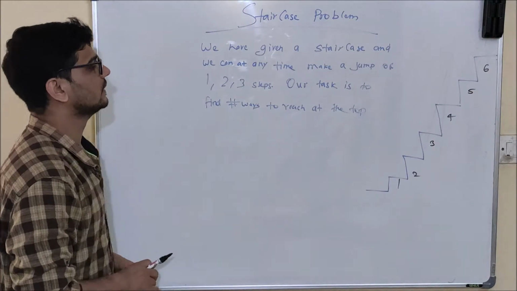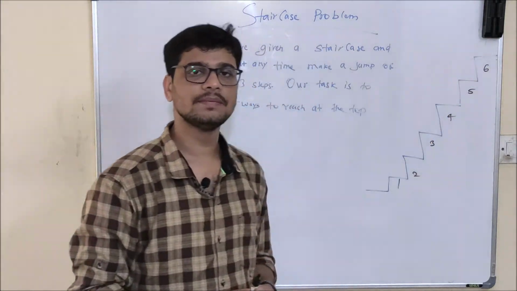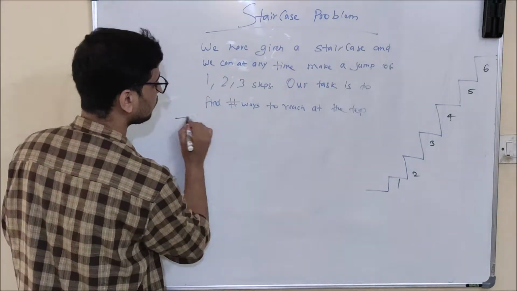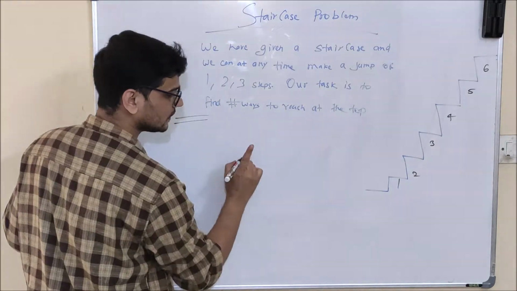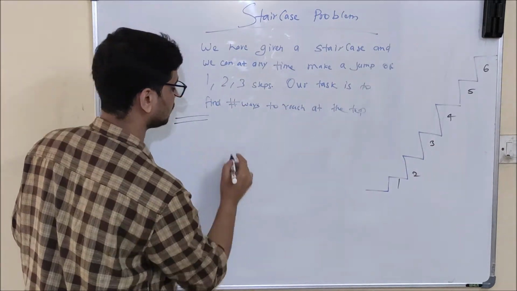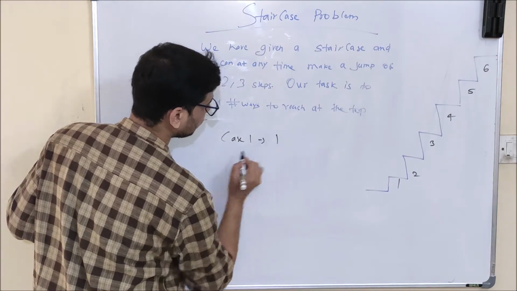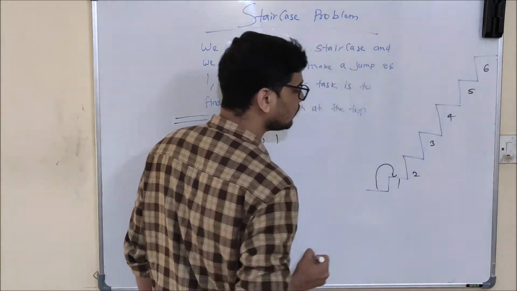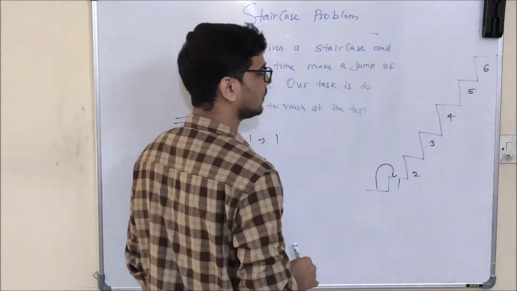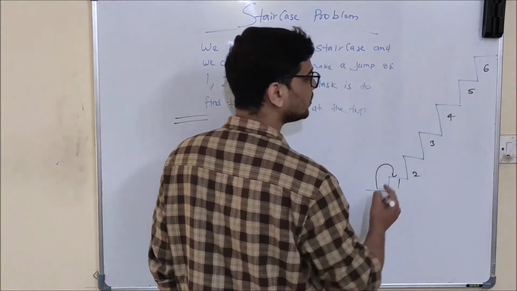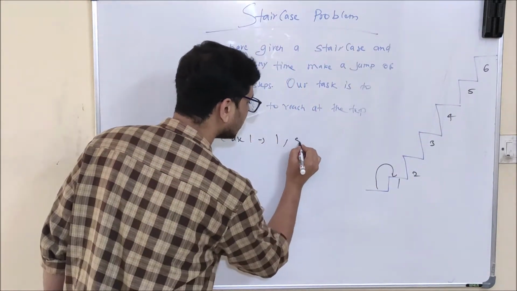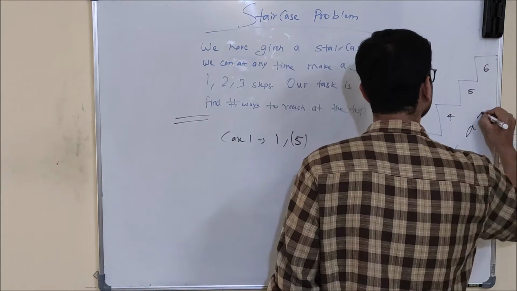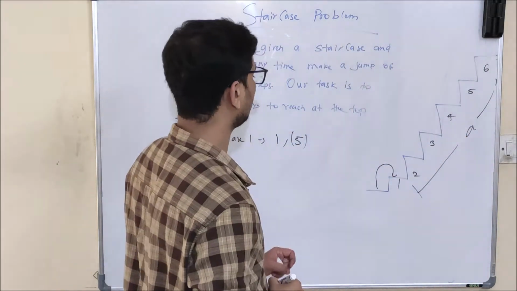Okay, now let's take an example of a staircase having 6 steps and try to understand how we are going to find it. So here we have three options: one step jump, two step jump, three step jump. So our case one is when we will take a one step jump. If I am taking a one step jump, then I will reach the top of the first stair, and the number of stairs remaining to climb will be 5. Okay, let's assume A is the number of ways in which we can climb the remaining 5 steps.